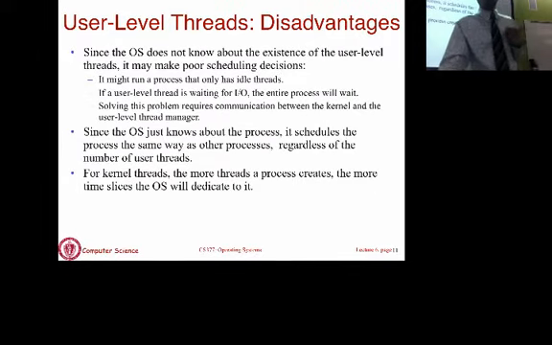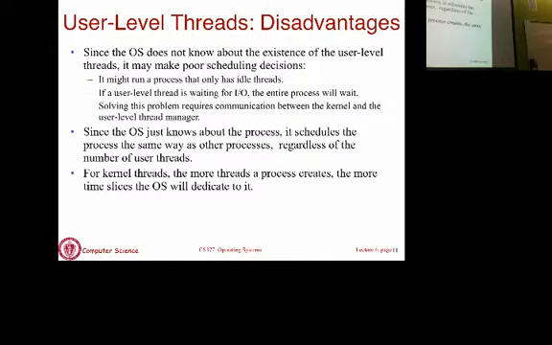Now let's look at disadvantages of user level threads. One major disadvantage is that it cannot actually take advantage of some of the underlying kernel provided features that allow you to overlap I/O and computation. So let's say you have two threads within your application. Thread 1 runs and does I/O. So that thread has to go and wait for the I/O to finish.